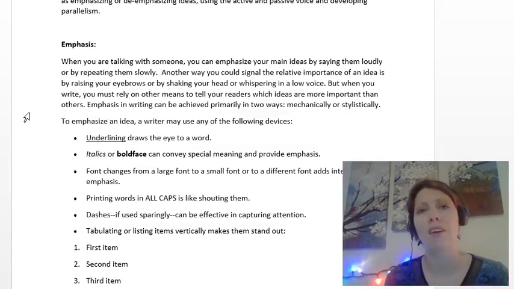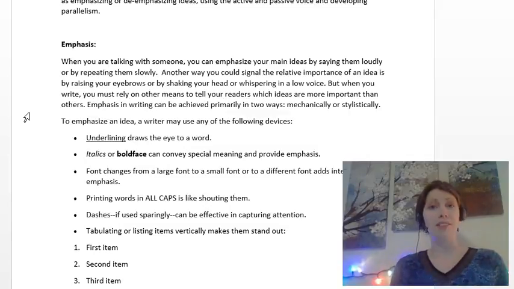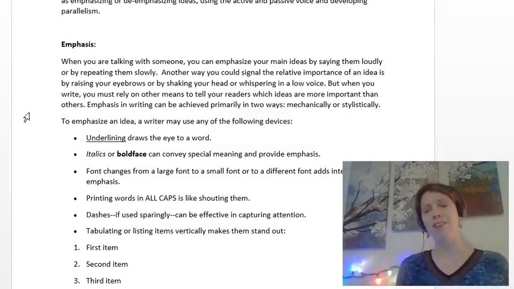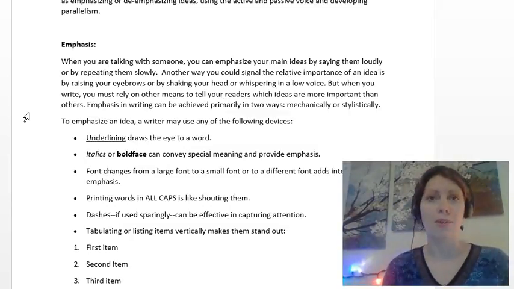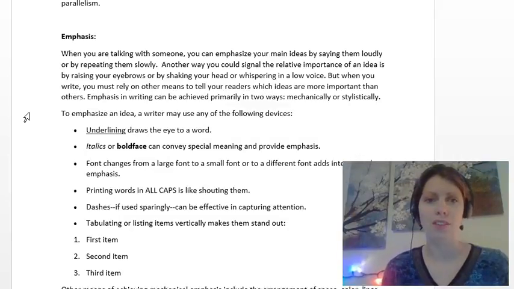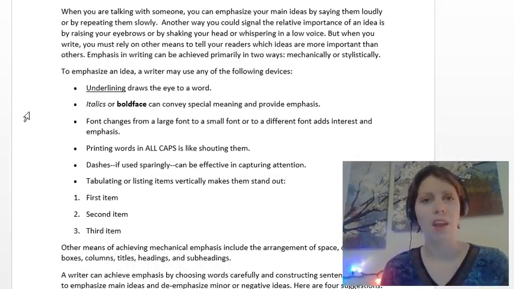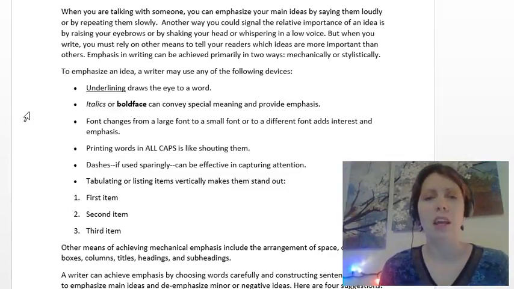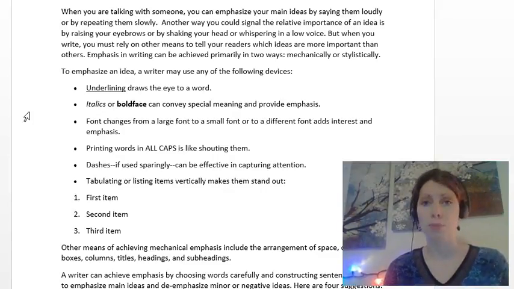But in your writing, you don't have all of these methods. And nowadays, of course, we use emoticons to try to help with this, to show that we're laughing or we're crying or something's going on. But we can't exactly do that in our business writing. We have to be more professional than using emoticons. So how do we do this in business writing? Well, emphasis, using the tools we have through our writing processors, and using these emphasis techniques will help your reader determine what the most important ideas are, what the main ideas are, what they should be focusing on,